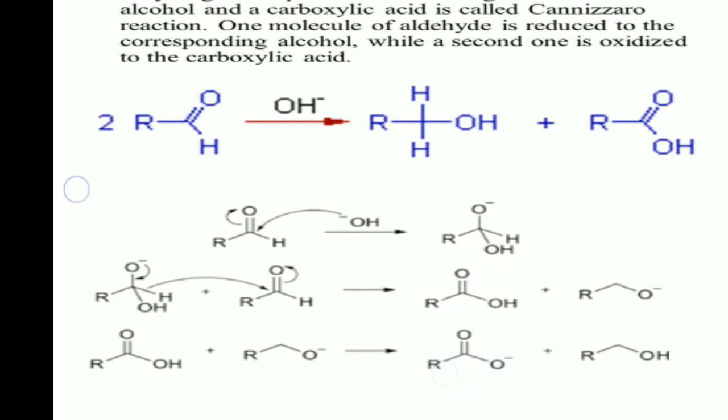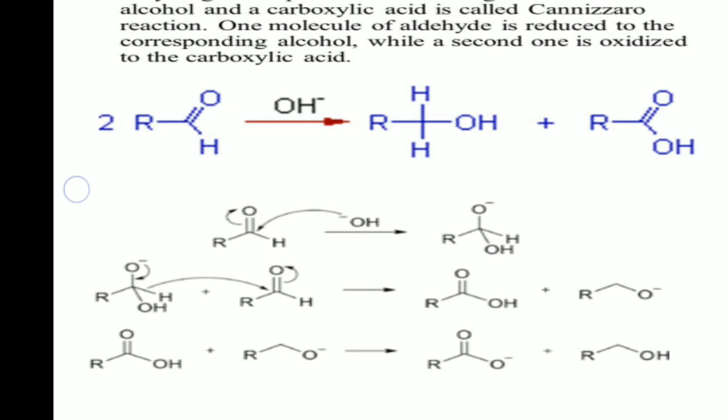Whether this is formed, this carboxylate ion gets a metal ion, because we are using a base like sodium hydroxide or potassium hydroxide. That sodium or potassium ion can form a salt with the formed carboxylate ion. So in the Cannizzaro reaction we are getting carboxylic acid, and that carboxylic acid also has a chance to form a salt with the metal ions of the base, sodium carboxylate or potassium carboxylate.